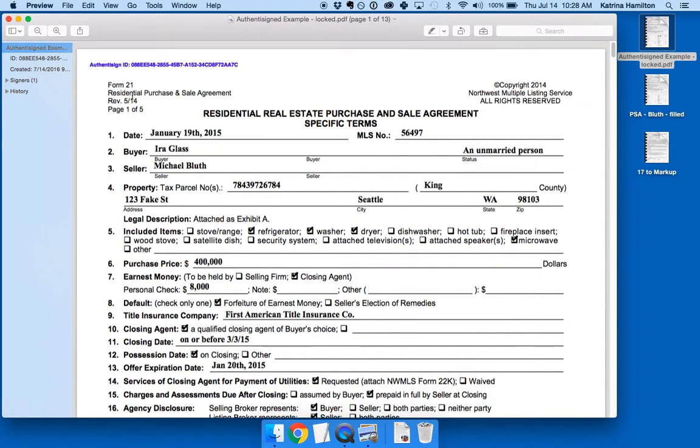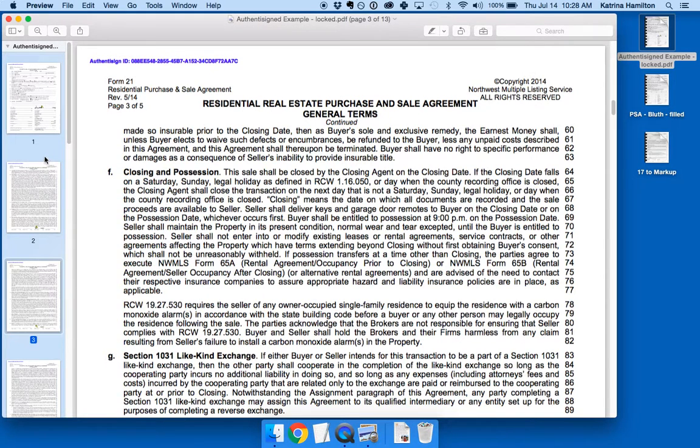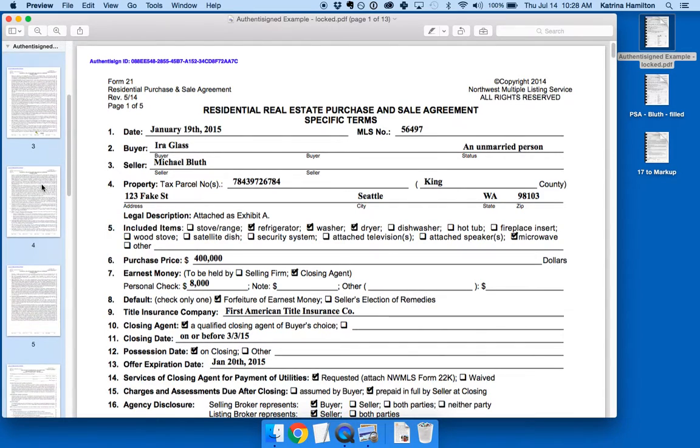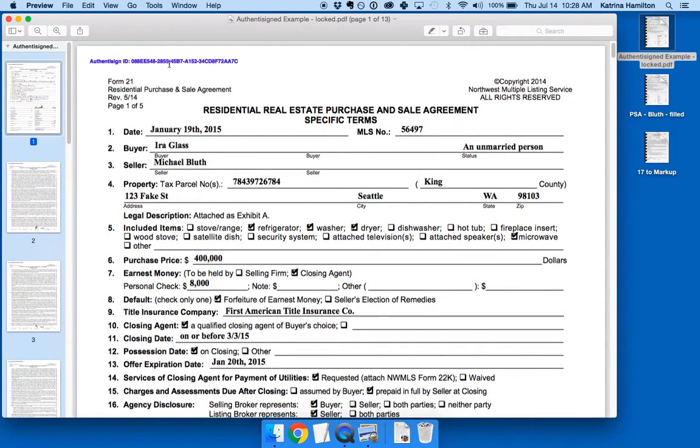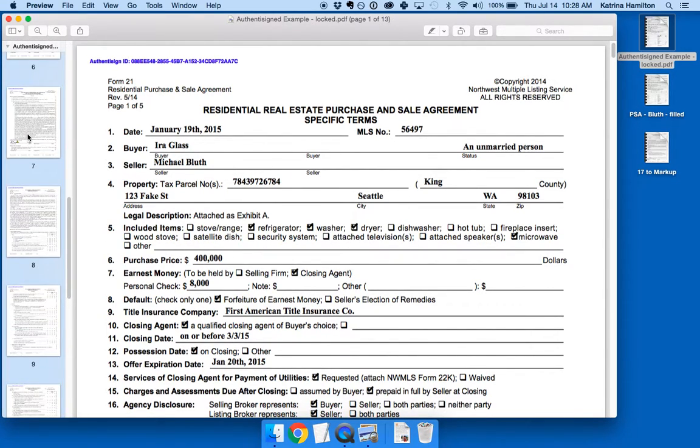Here's my signature. The problem is if I were to go and look at my thumbnails here, I'd find that I can't edit this at all. I can't move pages around, I can't mark it up or anything like that. Some programs like Preview, when it sees this and you try to mark it up, it may instantly make a copy for you if it's smart enough to do that, but a lot of programs just say, sorry, you can't